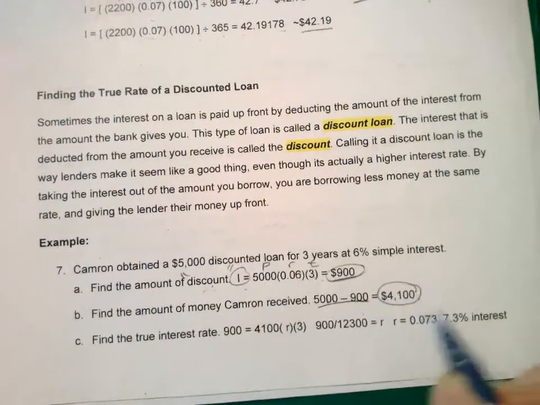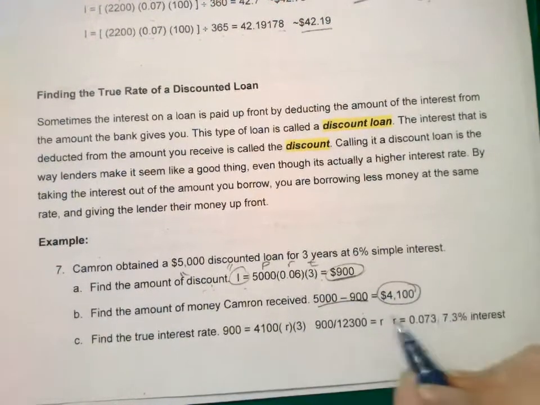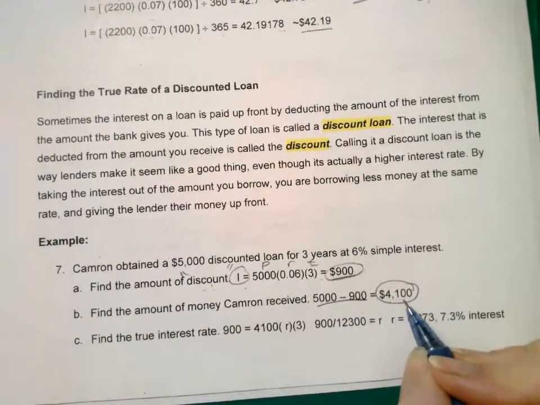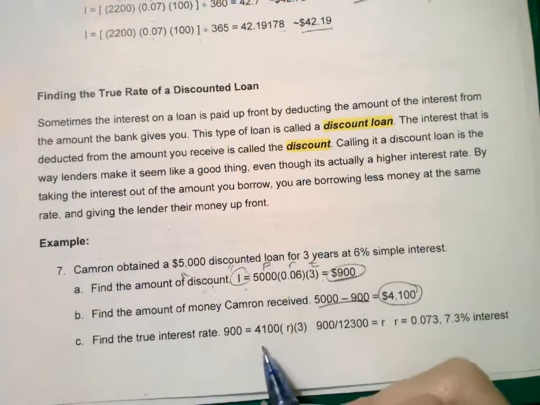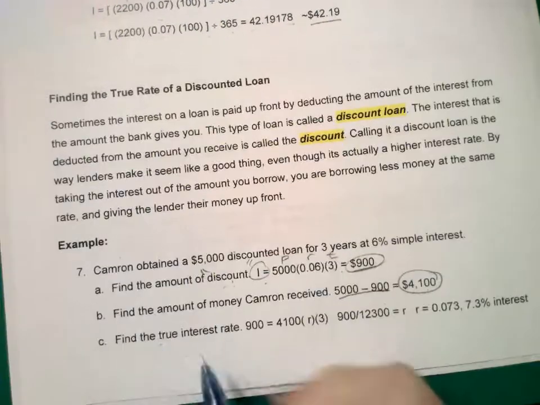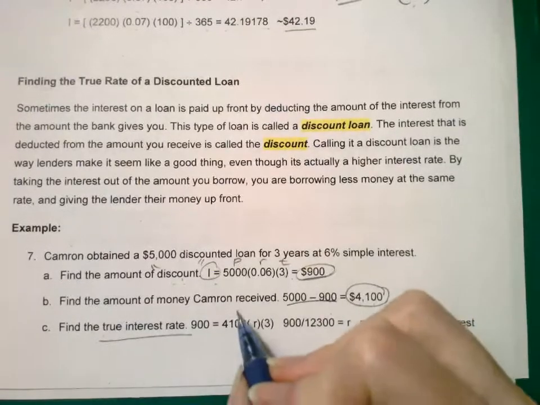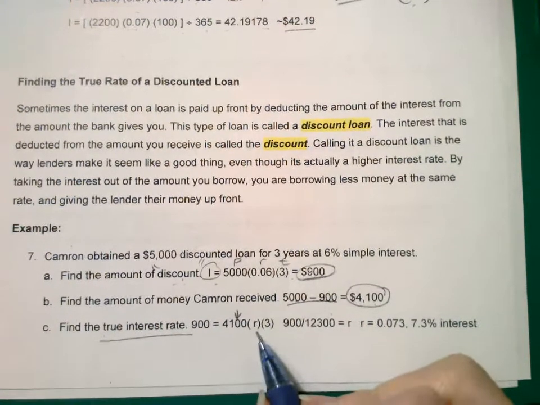Okay. And find out that even though you said you're borrowing $5,000, they're only going to give you $4,100 because they're going to immediately take their interest from what they gave you. Okay. Before you even, so you don't even get to touch it. Okay. Find the true interest rate for them doing that. So that means the principal that you're getting isn't 5,000. It's 5,000 minus the 900. So 4,100 times